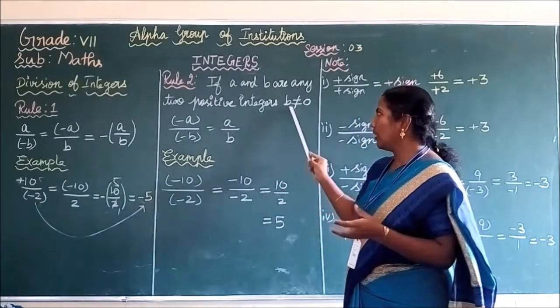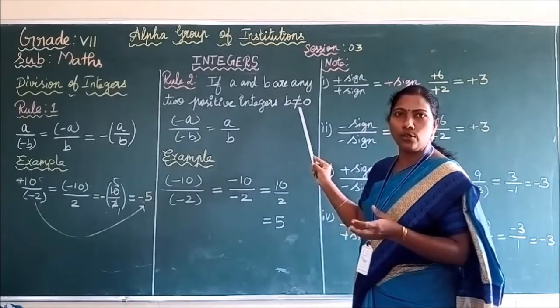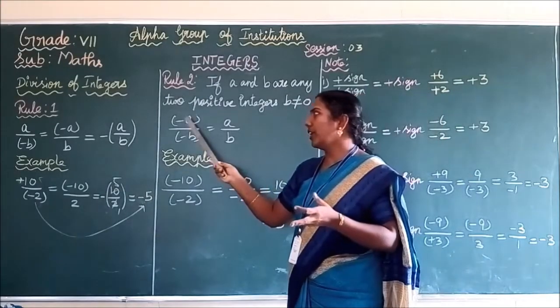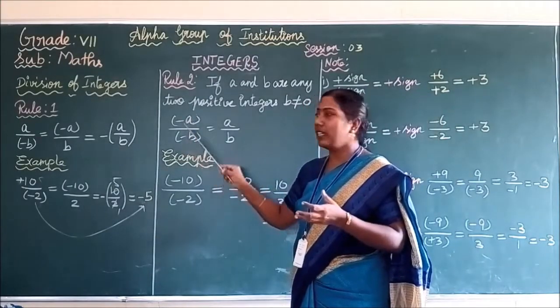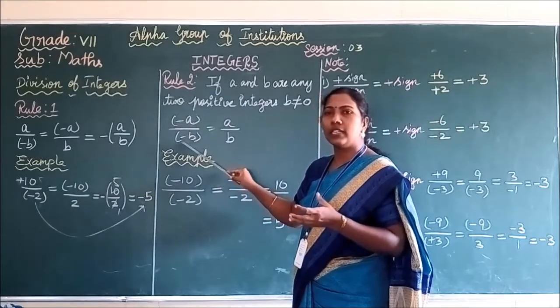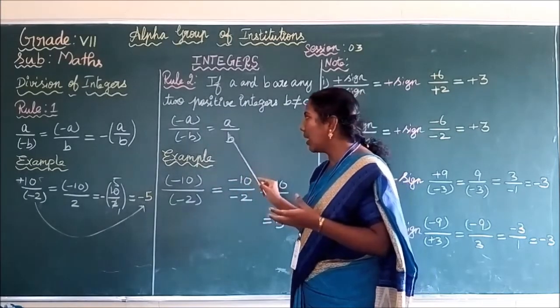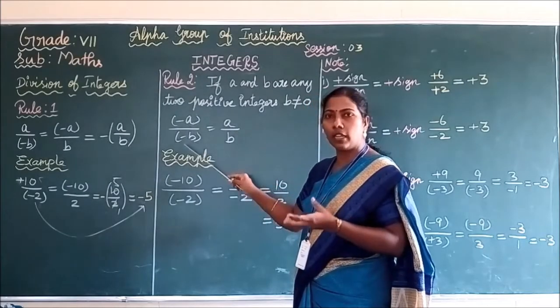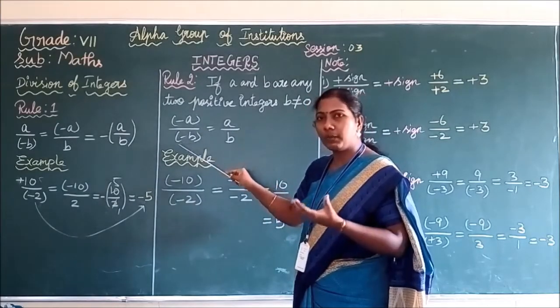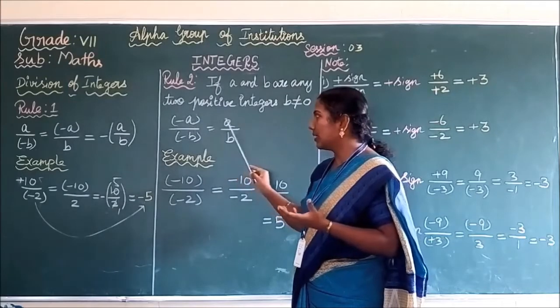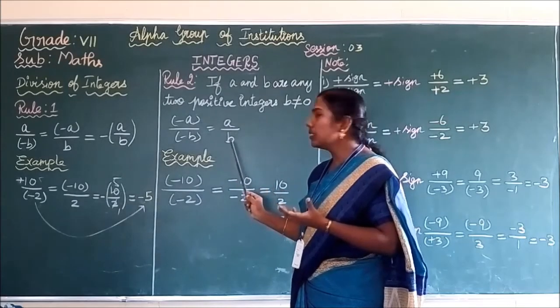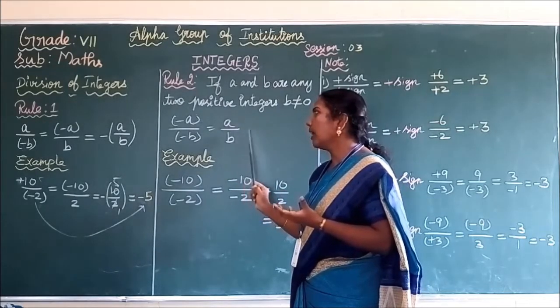Okay, that's why we are taking the condition b not equal to 0. It's clear. Now we are going to divide a negative number by a negative number, that is minus a by minus b. What happened? Both minus signs get cancelled and we get a by b. Minus divided by minus became plus. So we get the answer a by b. Thus you have to divide a by b and write the answer.